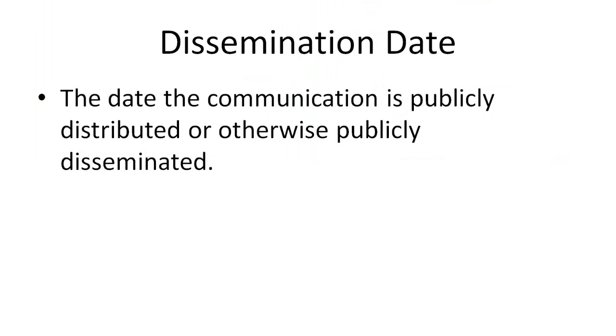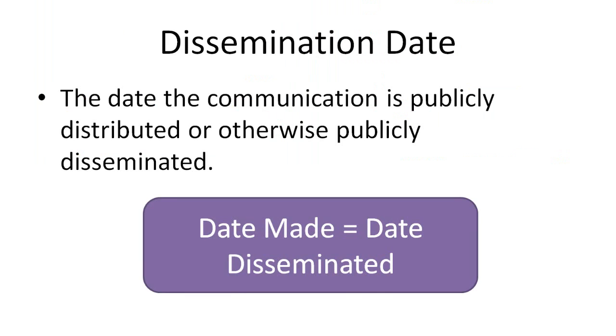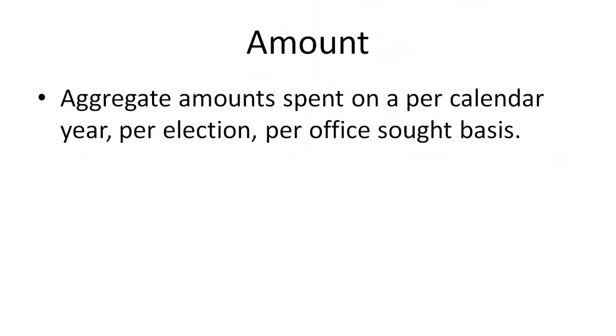The first factor, the dissemination date, is the date when the communication is publicly distributed or otherwise publicly disseminated. The second factor that determines whether you need to file a 24 or 48-hour report is the amount of the independent expenditure. To calculate this amount, you need to aggregate based on total spent per calendar year, election, and office sought. This means that all independent expenditures are combined if they are supporting or opposing candidates in the same election